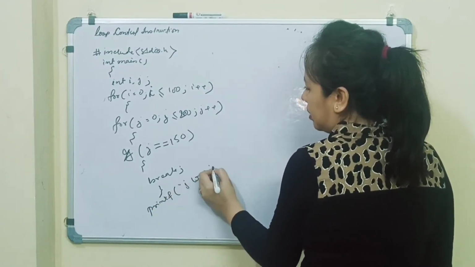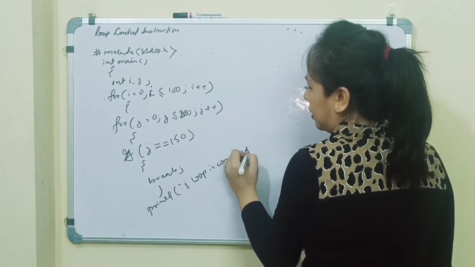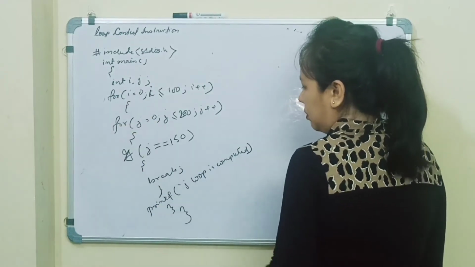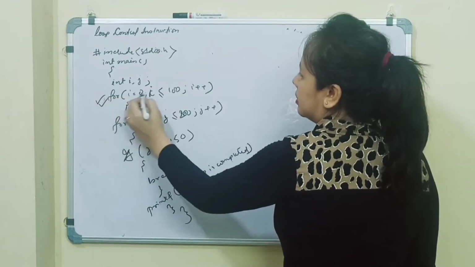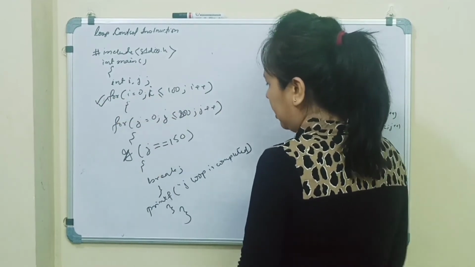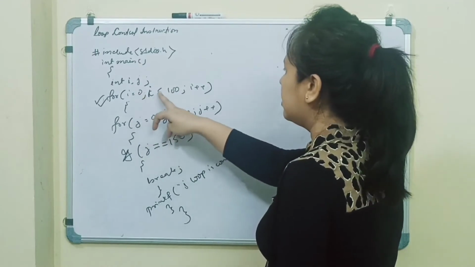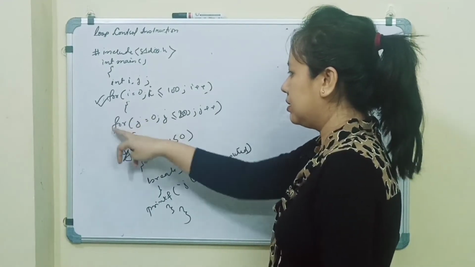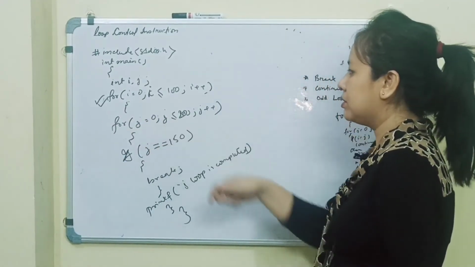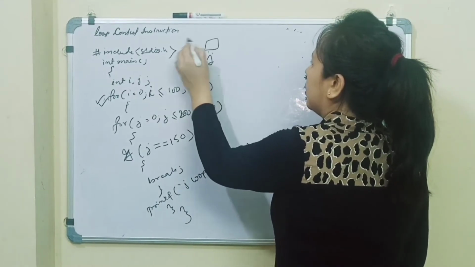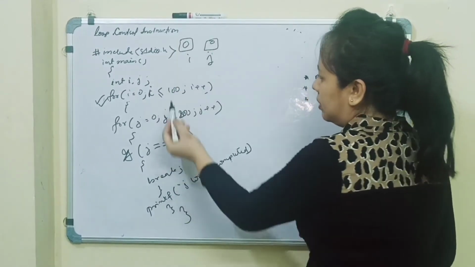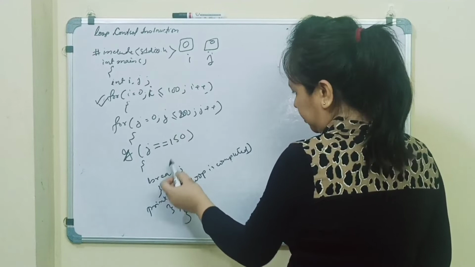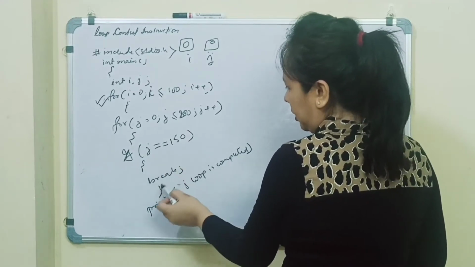Then we will come outside of the loop. printf "j loop is complete". Then this will close the body of the for loop, and then execution will pass to the first for loop. So for i equal to 0, i less than 100, i plus plus, it will enter inside this loop. Here j equal to 0, so i and j are two variables. First we have initialized both of them to 0. Then the conditions of both of them are satisfied.